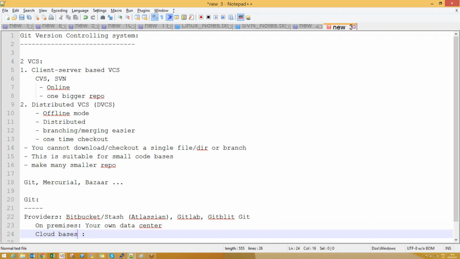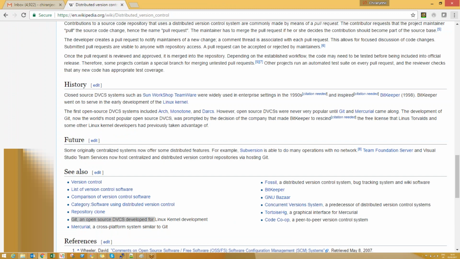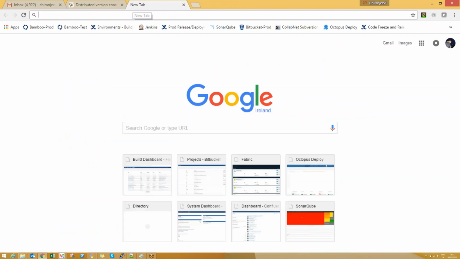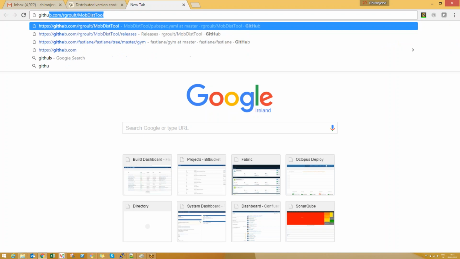The cloud-based solution means you don't require any data center, any server or any software. You have a PC with a browser, and internet is enough. There are n number of providers in the cloud. They allow you to create repositories, and those repositories can be accessed by multiple people. The backend work is taken care of by those guys, and the most popular one is GitHub,